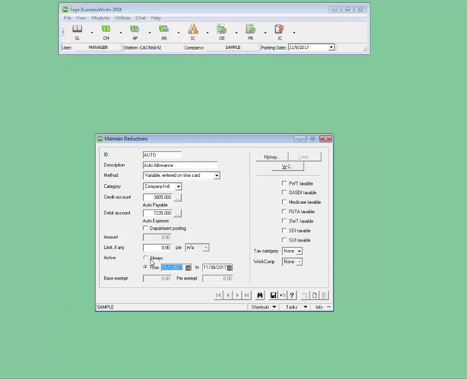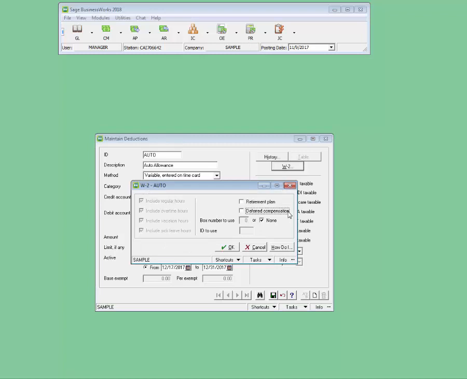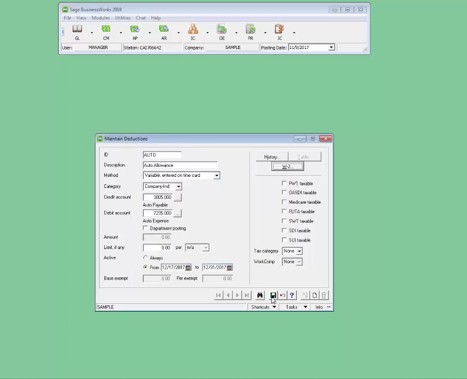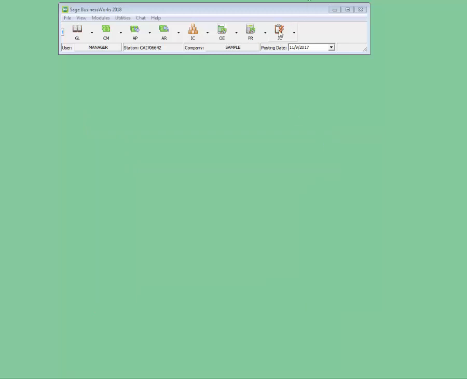We're going to click on the W-2 button. In the Box Number to Use field, clear the check for the None option and enter the appropriate W-2 box for this fringe benefit. Then click the Tab button, which will open up the ID to use, where you can enter the ID you would like to use for this deduction. For questions on which box to specify, please consult your tax advisor for assistance. Now we're going to save the deduction, close out of the deduction screen,